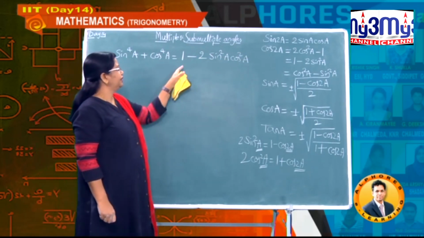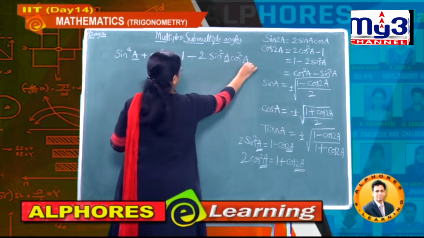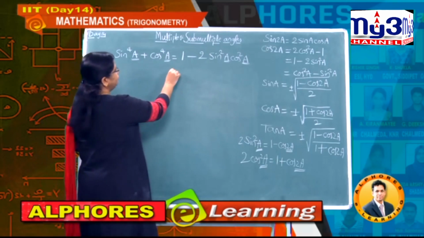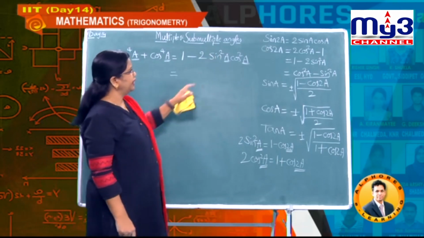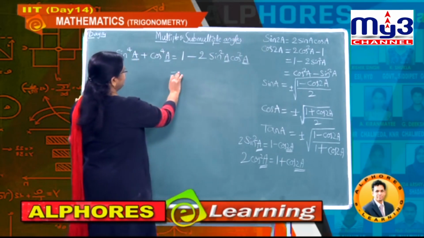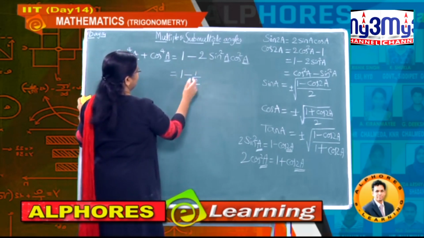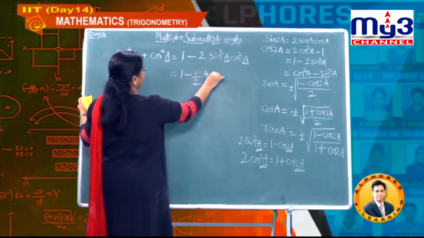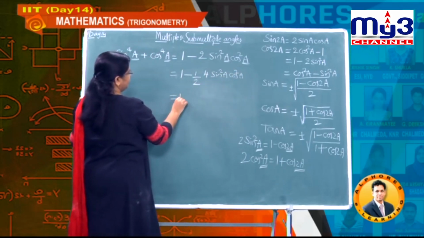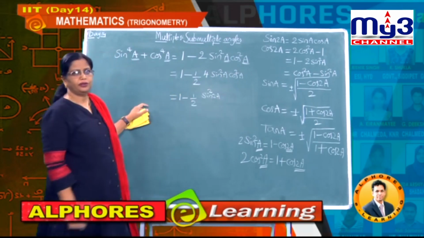Now I want to write not only this formula, which has exactly the same angle, no change in angle. Sometimes we require a change in angle also, then I can make use of the first formula, that is sin 2A is how much students here? 2 sin A cos A. So that you can use here 1 minus, it is 2 sin A cos A. So I am multiplying and dividing by 2. Therefore here you will get 4 times sin square A cos square A. Hence it is nothing but 1 minus 1 by 2 times sin 2A whole square, that is sin square 2A.